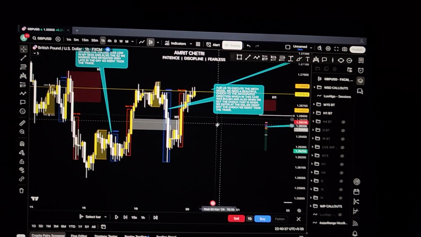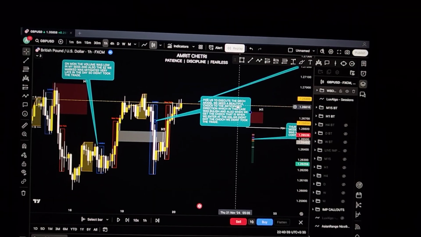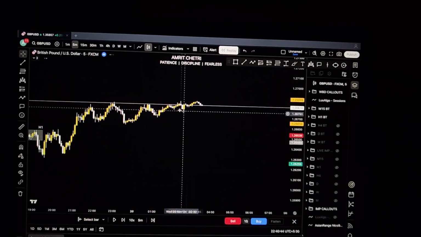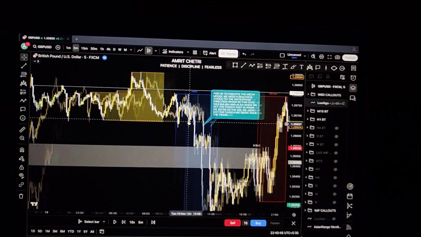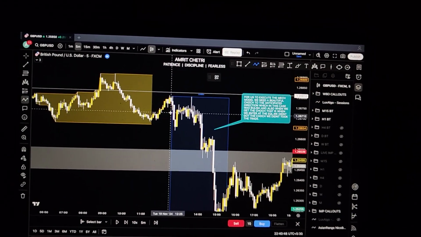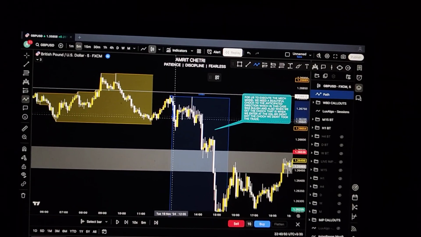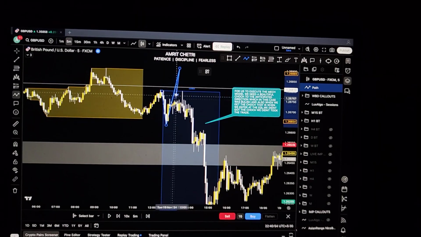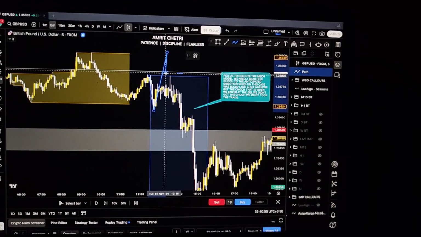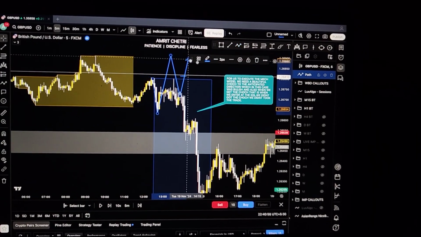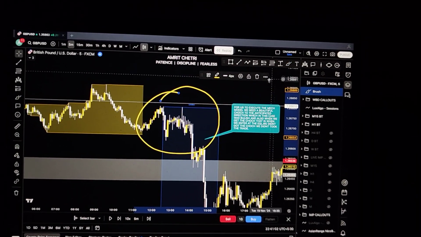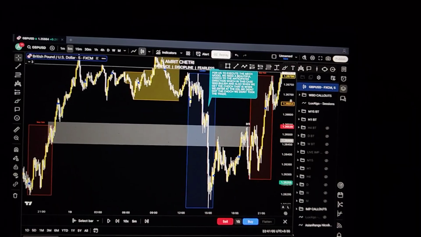If I show you the call out, for us to execute the MAC model, we need a beautiful change of character to the anticipated direction, which in this case was none. I will show you why I've written that. My bias was bullish, so for me to take the MAC model, I want a change of character to the upside after the Asian low got swept, on the M5 time frame, and then on the OTE level I enter. But in this case, that didn't happen, right? So that is why I didn't execute the trade, which saved us from a loss.